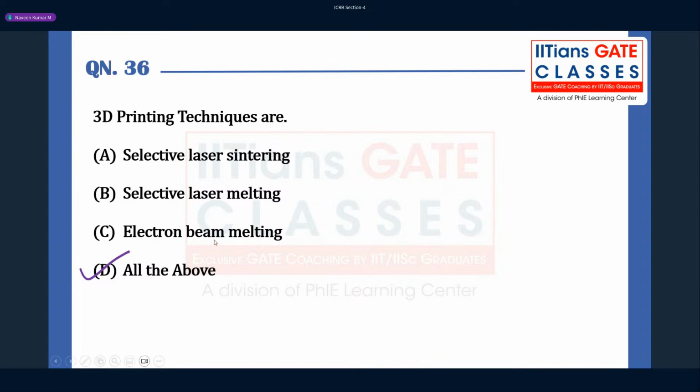Electron beam also can be used for heating the powder materials. So all these things can be used for making a 3D printed part. So that's why the answer is all of the above. Okay, good. Now,